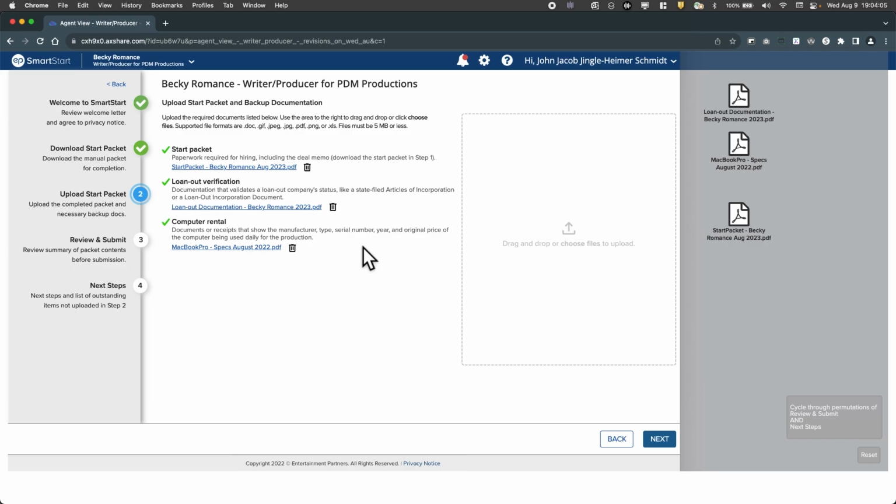And here we are shown the 3 document types that we uploaded. If we wanted to, we could click any of these and it would open up or download that document just so that we could verify that that's what we did in fact upload. If I wanted to, at this point, because I've uploaded all the document types that are required or specified for